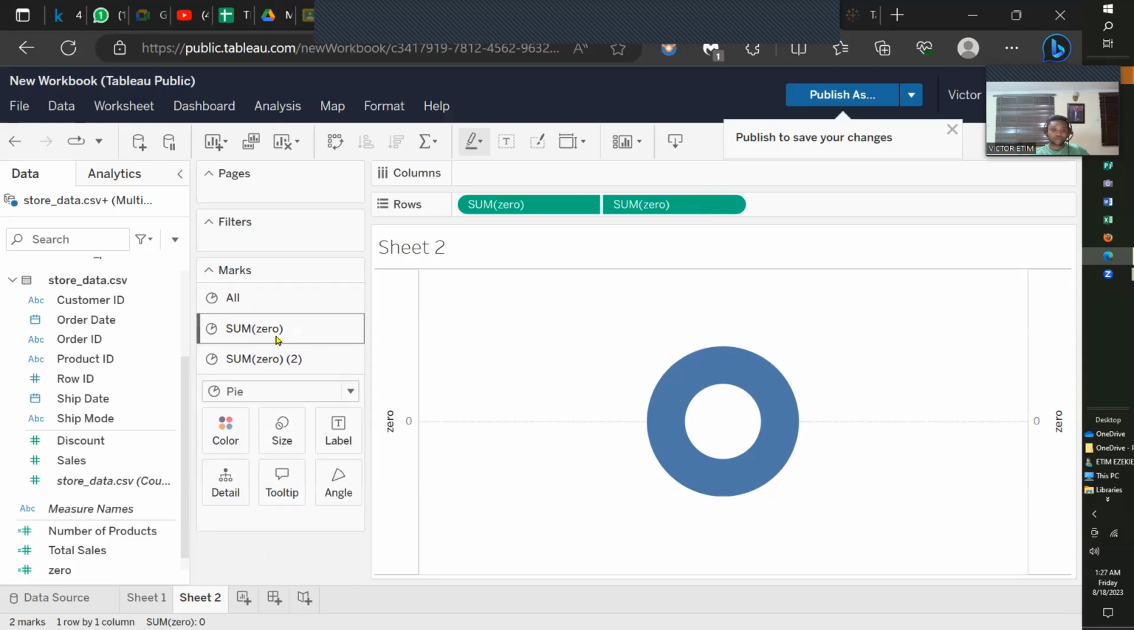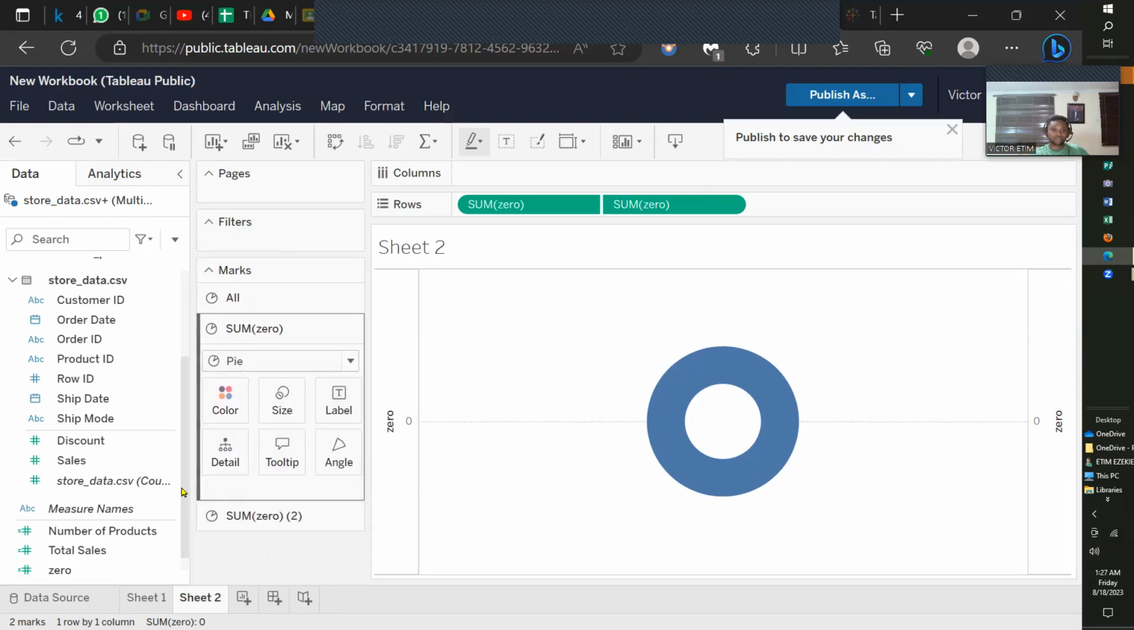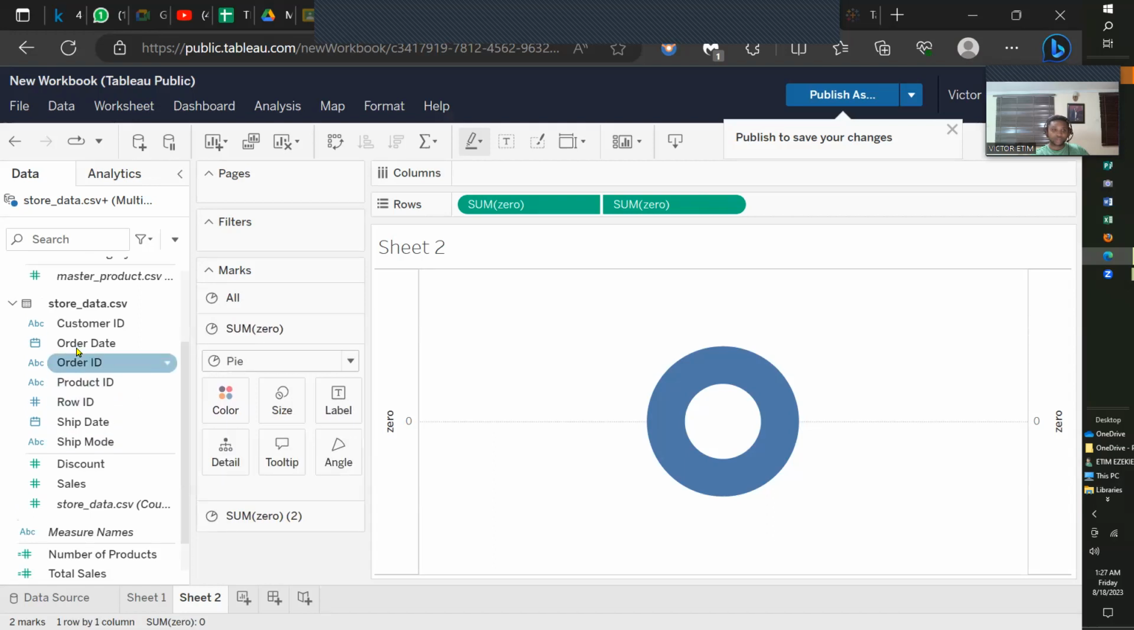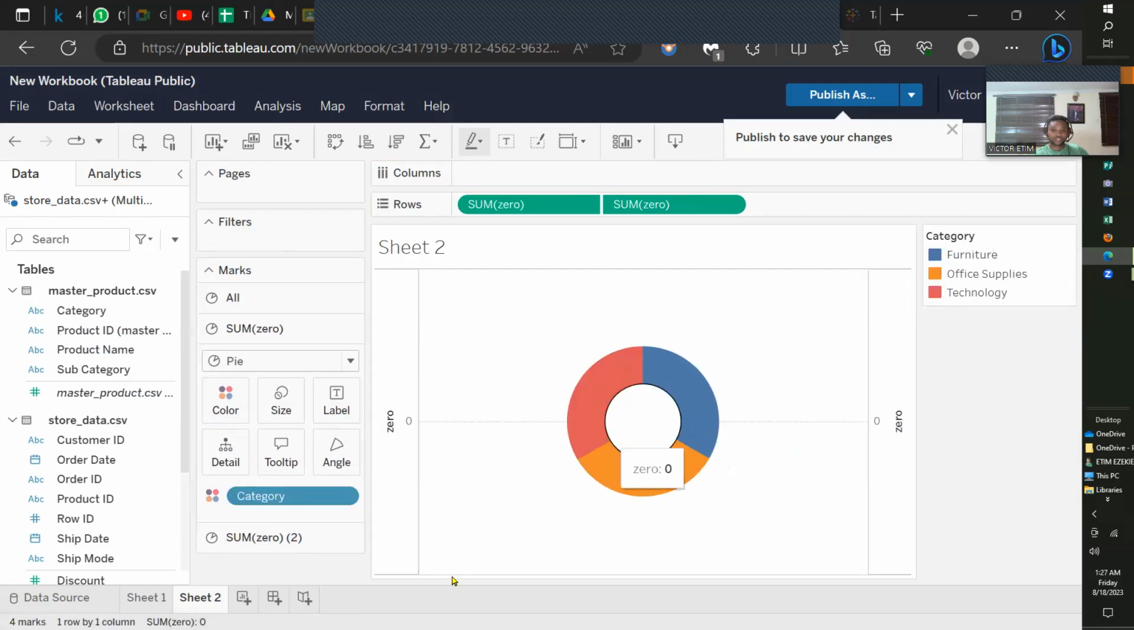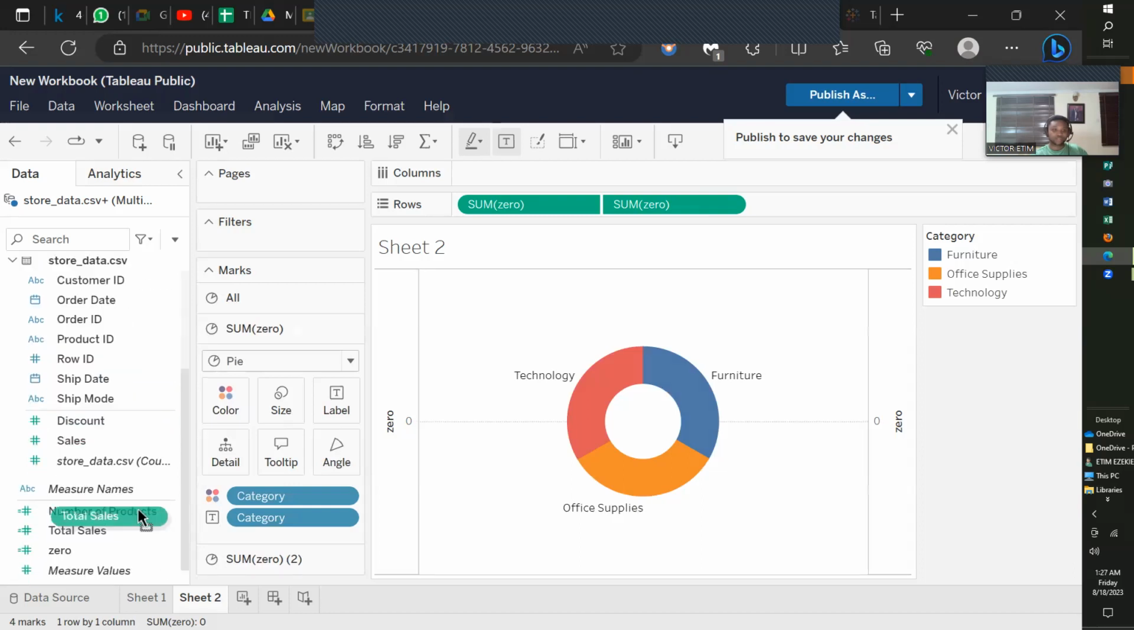All right, then. What do I do next? I'm just going to go to the first one. And I'm going to drag my product category and I'm going to put it on that color. You see the colors changed. Then I'm going to still take product category and put it on that label. So now the titles come out, right? Then I'm going to take total sales so that I can see the distribution of sales, all right? And I put it,